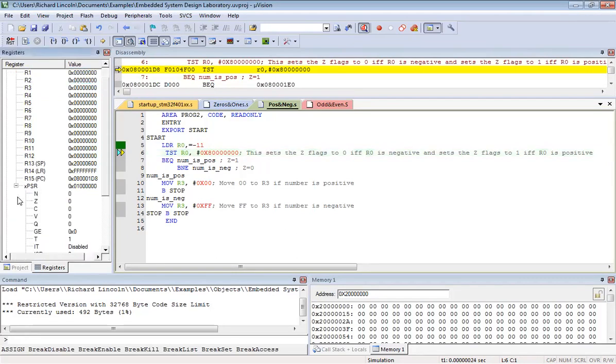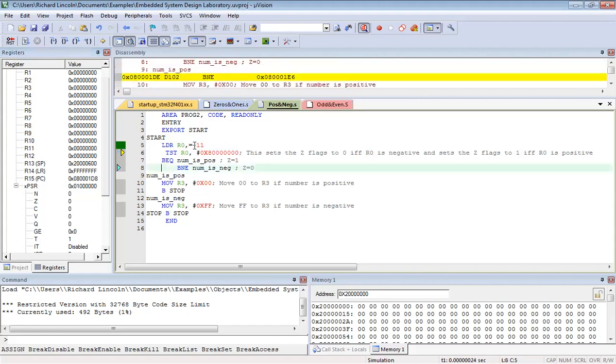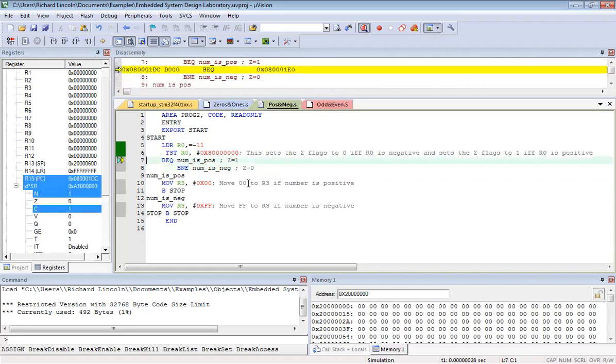Now this is where I was telling, you can see all this negative, zero, carry, overflow, all these flags will be altered. So test is actually playing with or altering the values of these flags. Okay, so you have an XPSR, program status register. So here, if you just click on the plus, you will find that all these are expanded and here the values are changed, right? So now we are looking at minus, right? So test R0, and as I mentioned, we are checking with 8 and then all zeros.